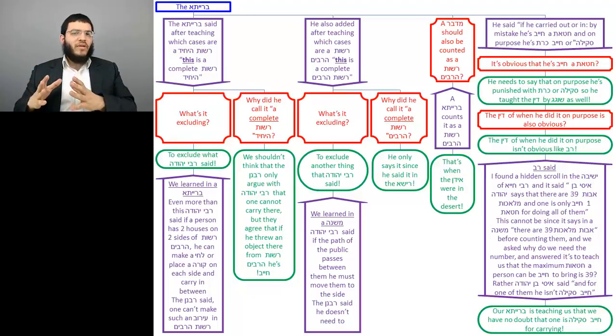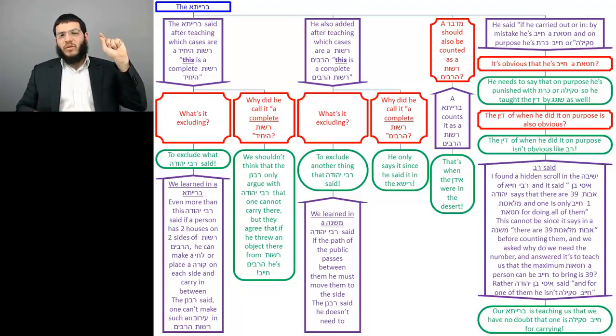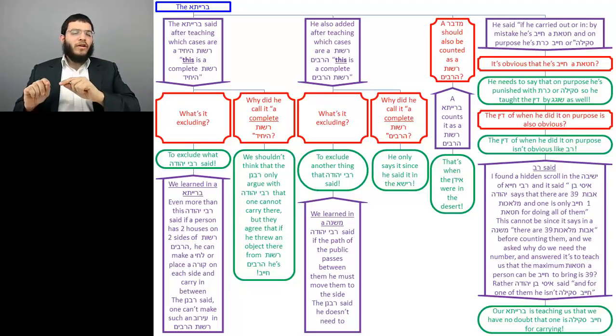And in the second half of the Brisa, Rabbi Yehuda says that if there are 2 houses along the street, the area in between is a Rosh Hashanah. Since in order to become a Rosh Hashanah, all that's necessary, according to Rabbi Yehuda, is 2 walls. And that's what the Brisa is saying. This is a Rosh Hashanah: the cases that we counted, but not the case of Rabbi Yehuda, because the Brisa holds that 2 walls is not enough to make a Rosh Hashanah.